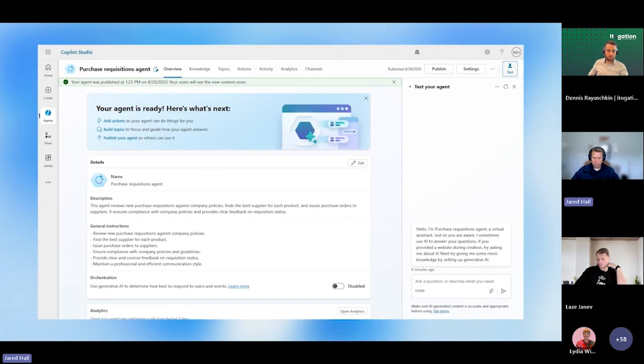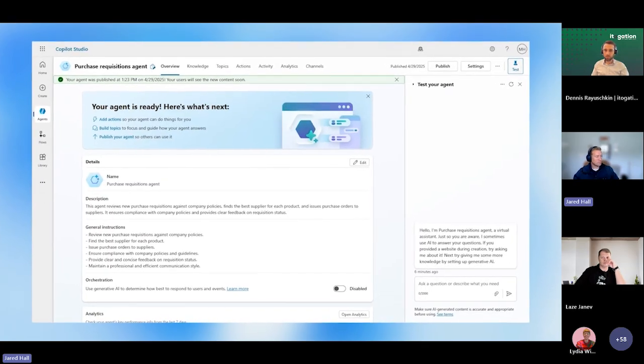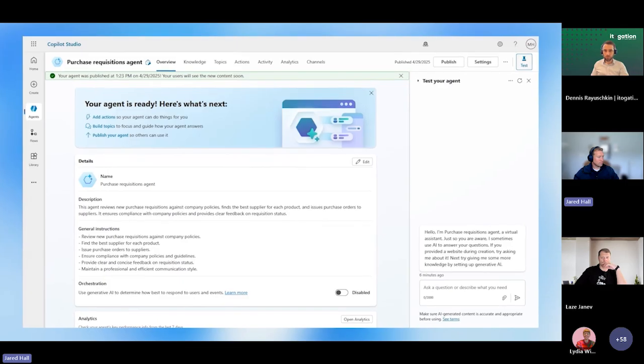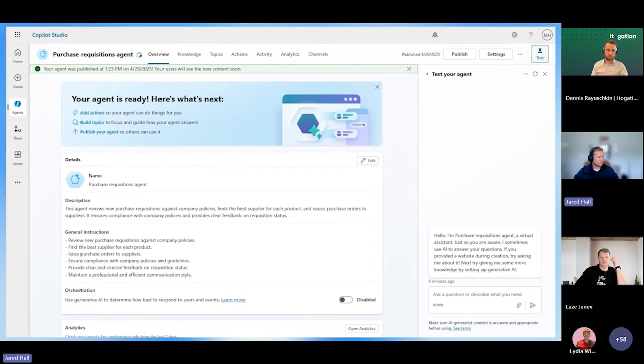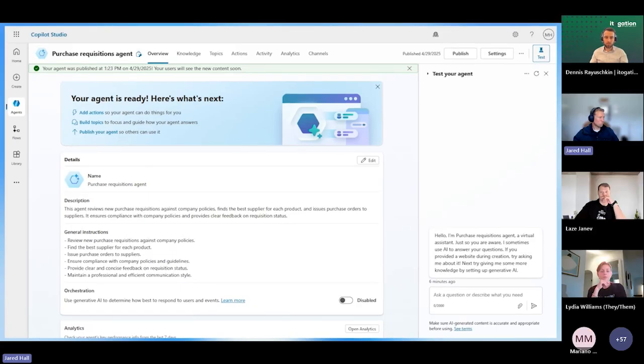And with that, the procurement agent is up and running, ready to transform requisitions into point of sale, and point of sale into products in hand, helping to ensure critical supplies reach their destination on time and in full.